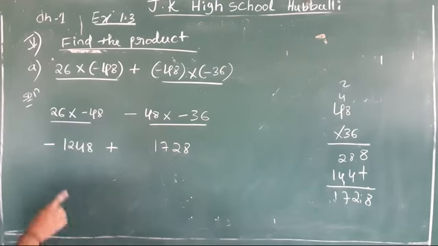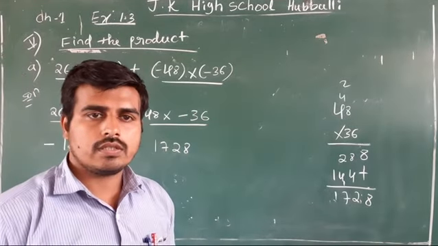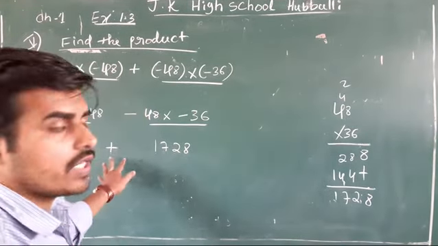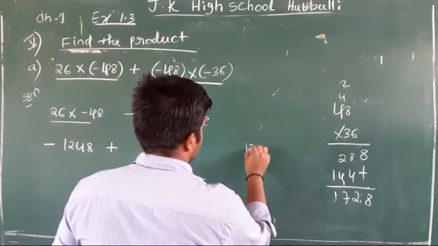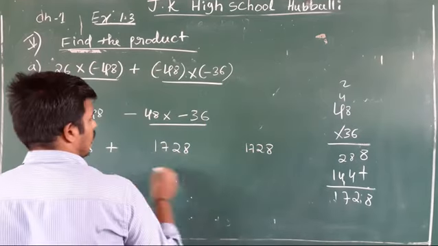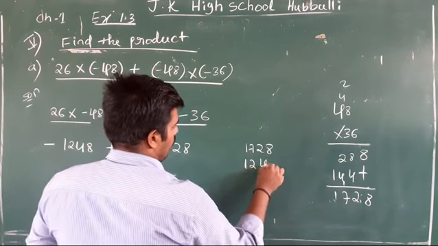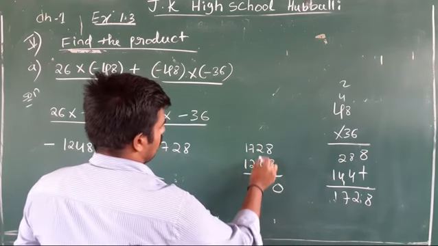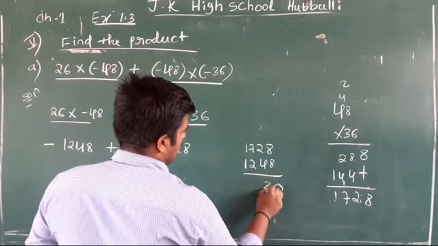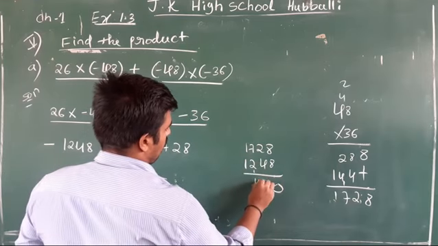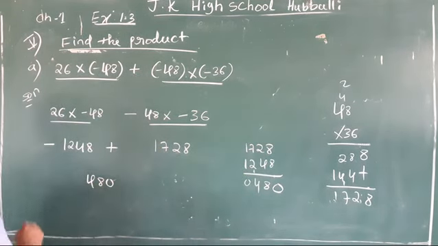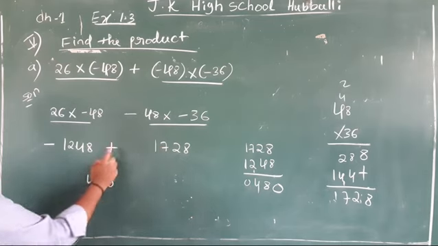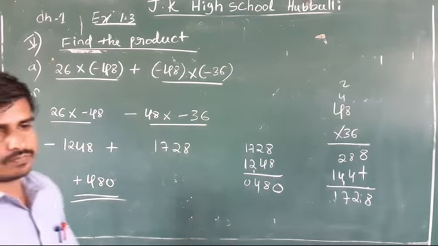Now this is negative, this one is positive. If two integers come with different signs and there is no multiplication sign between them, then you have to subtract. This one is greater, 1728. From 1728 you have to subtract 1248. 8 minus 8 is 0, and so on, so the answer is 480. Which sign will it get? The greater number's sign, plus. Answer is plus 480. Likewise,